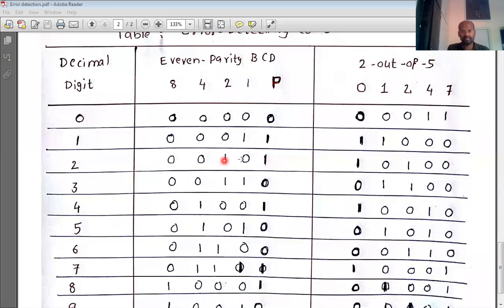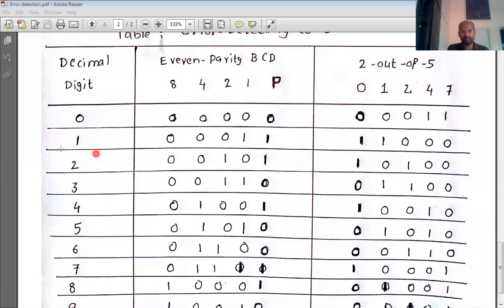If you see the actual number 0, 0, 1, 0, how many ones are there? Only one 1. One is an odd number, so to make it even, we have written 1 in the parity bit place.